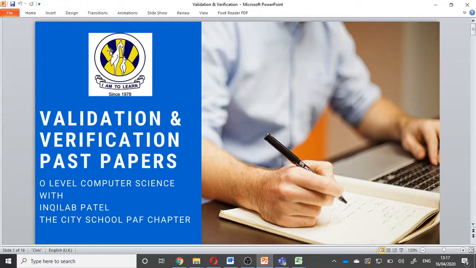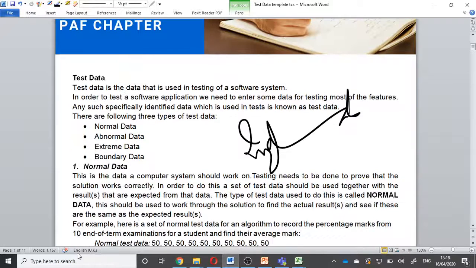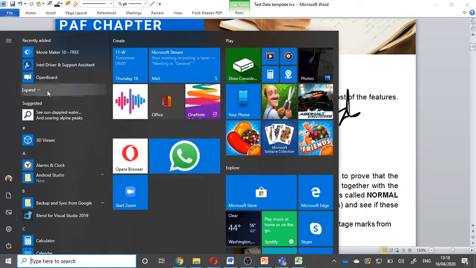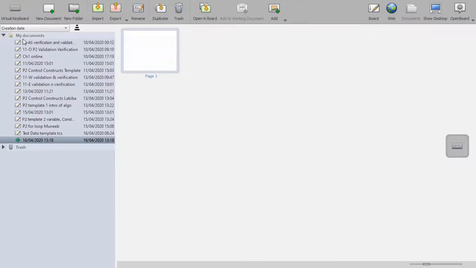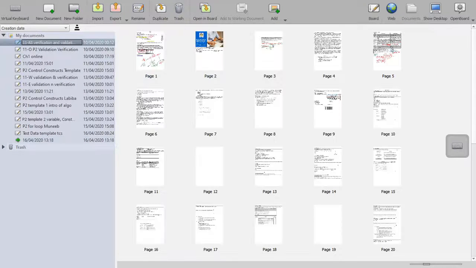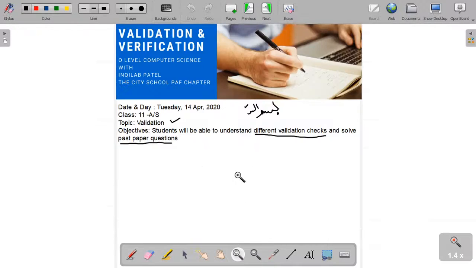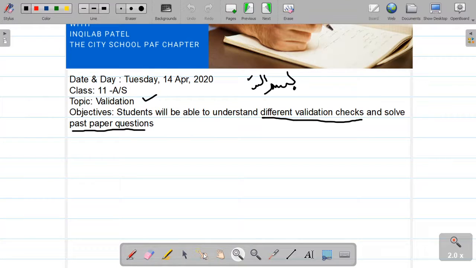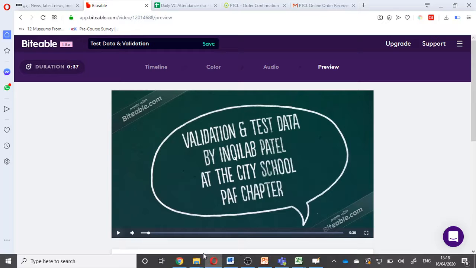Like I have opened a file of Microsoft PowerPoint, an Excel document, a Word document, and I am opening a document from OpenBoard. OpenBoard is also a good tool for online teaching. Now, after opening all these documents, suppose I want to show this clip to students, I have opened this